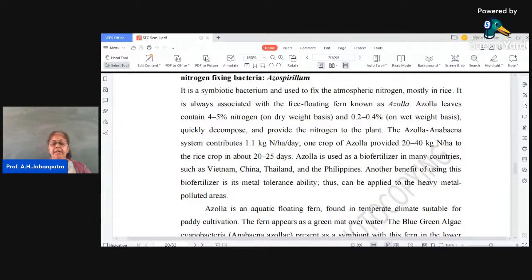So we had started with Azolla. This Azolla is a symbiotic organism, with symbiotic bacterium, which is used to fix atmospheric nitrogen, and mainly Azolla is used in rice for nitrogen fixation in rice plantation. The leaves of this Azolla,